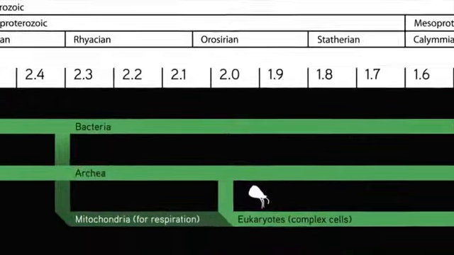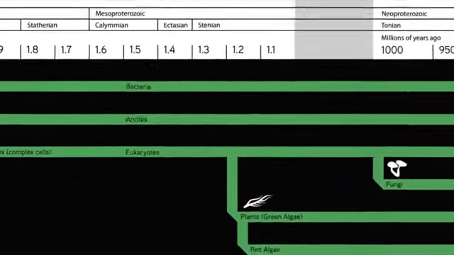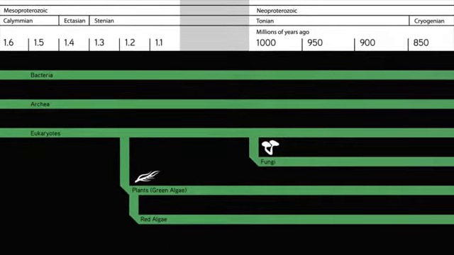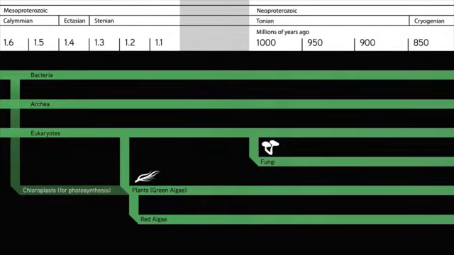So what happened next? Let's first look at the ones that do photosynthesis. All of them derive from a eukaryote that took up a second bacterium, this kind, a cyanobacterium, tamed it to become its chloroplast that does photosynthesis. So all of the green organisms that you're familiar with derive from that event. Some of these organisms that are in this pathway are called the red algae because of their pigments.